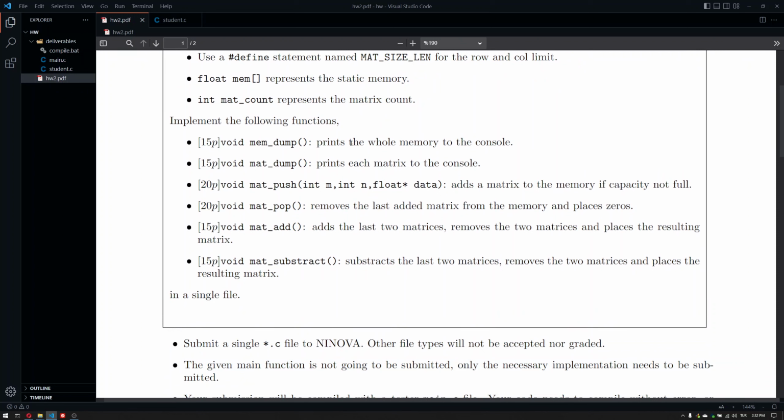The memdump function, which prints the whole memory as it is to the console for debugging purposes. So this will be worth 15 points. And then there's a mat dump, which is basically the same as memdump, but instead of dumping the whole memory into the console as a whole memory, it will show it matrix by matrix. So we can examine what matrices are in the memory. So basically these both functions are kind of print functions, but you have to access the memory, show what the whole memory is made of, or you have to show matrix by matrix what is stored in